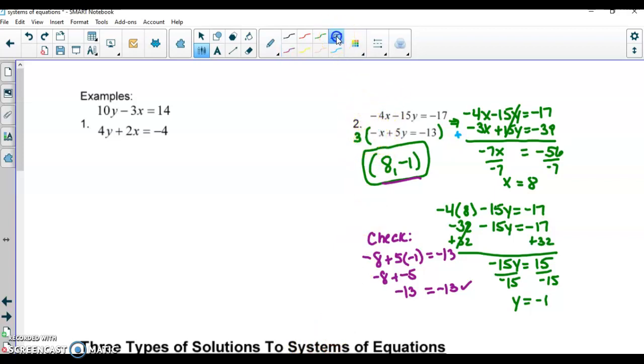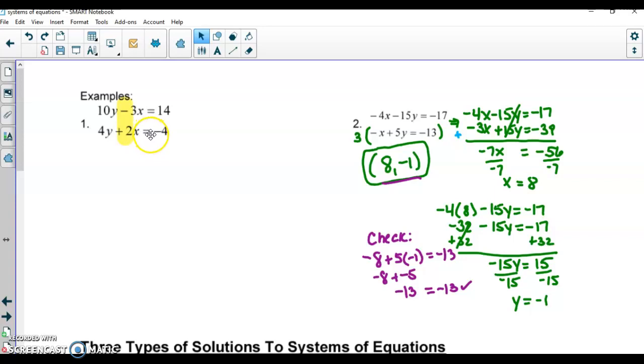variable. When I go back and look at the first equation, I'm not quite so lucky this time because I look at the y terms, 10 and 4. 4 doesn't go into 10, 10 doesn't go into 4. And then I look at the x's, -3 and 2. One is not a multiple of the other. So I know I'm not going to be able to multiply just one of my equations by a constant. I'm going to have to multiply both of my equations by a constant term to be able to eliminate a